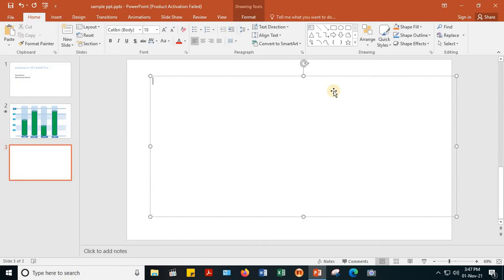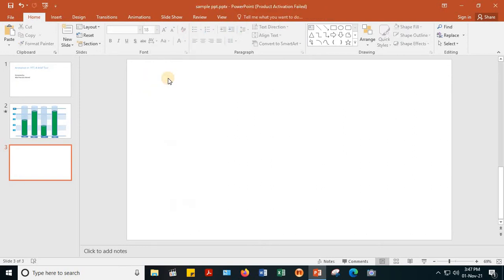So this is where you can put a text box in the slide. I'm using Microsoft Office 2016, and even 2010 will work, and for those with more recent versions, you can use those. These features are basic, and they will be there in all kinds of software that you are using.